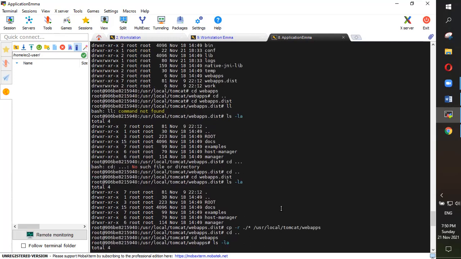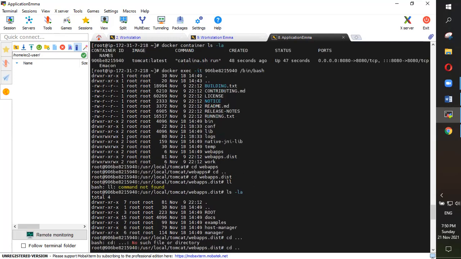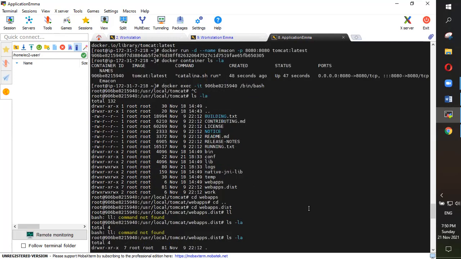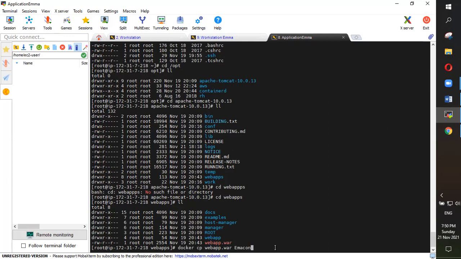Sure, our container name is Con now. Yes, it is. Yeah, Con, right? Con, then